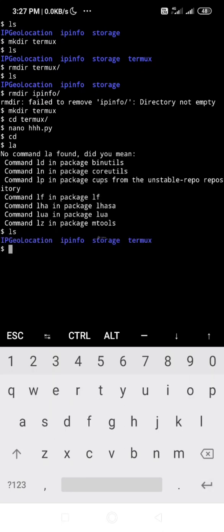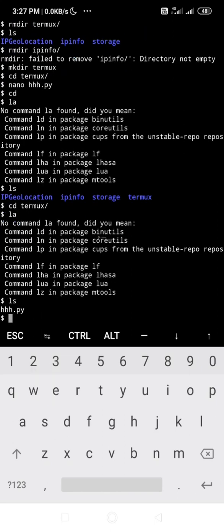So you can see the termux. I want to delete this termux. See what is there in termux? What is there inside termux? I have created hh.py file. Okay, because if the directory is empty, then you can remove it by rmdir. If the directory is not empty, like IP info, IP geolocation or storage, what you have to do is